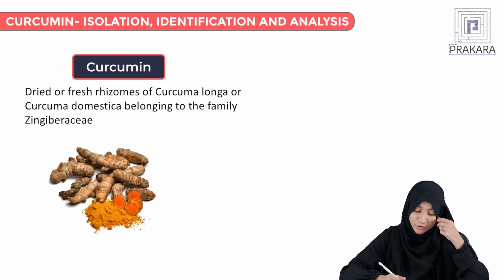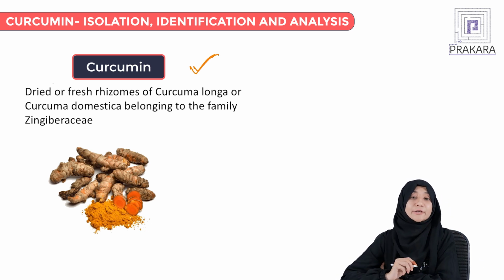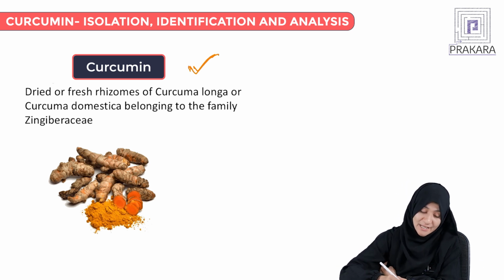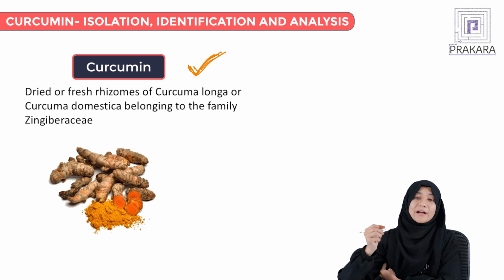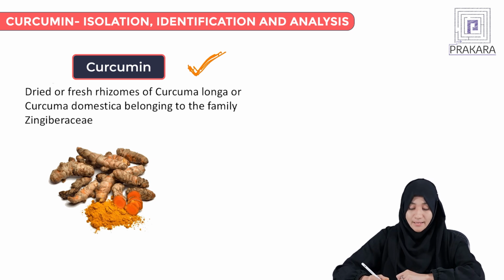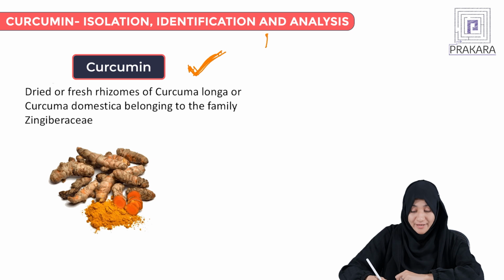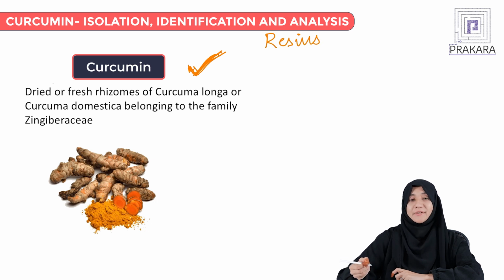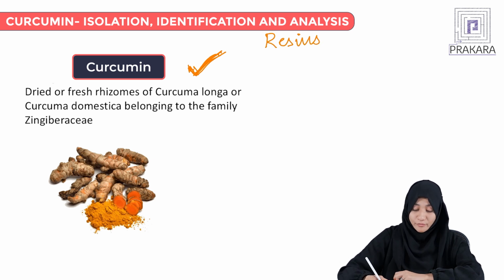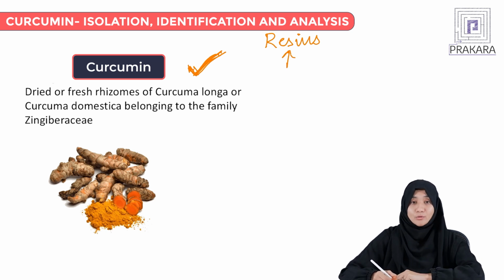Next one is curcumin. Curcumin and podophyllotoxin come under the category of resins. Now moving to the last type of phytoconstituent which we are going to isolate, which is curcumin, the last phytoconstituent which comes under the category of resins. Curcumin is a type of phytoconstituent which you are going to isolate